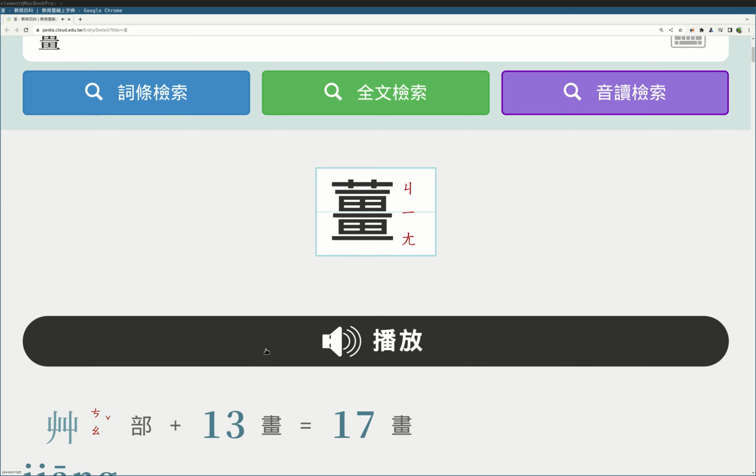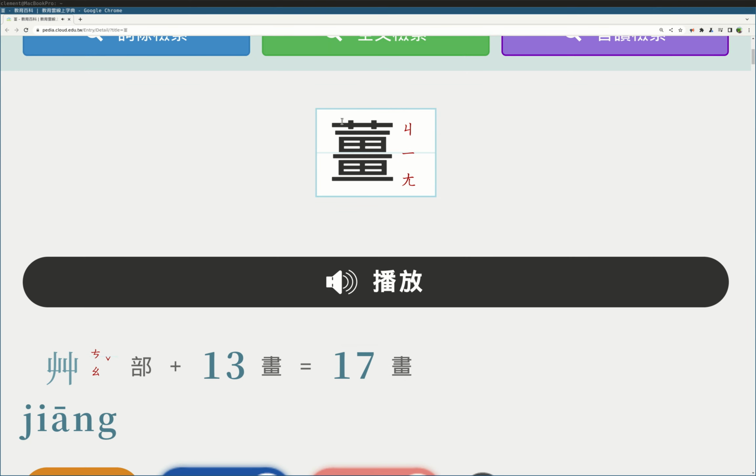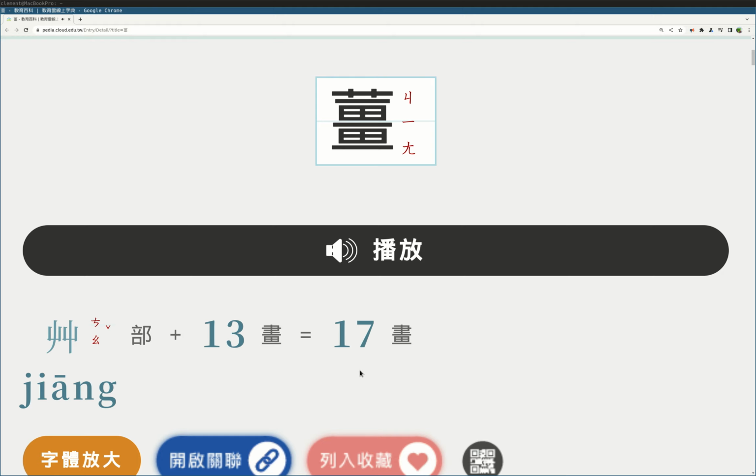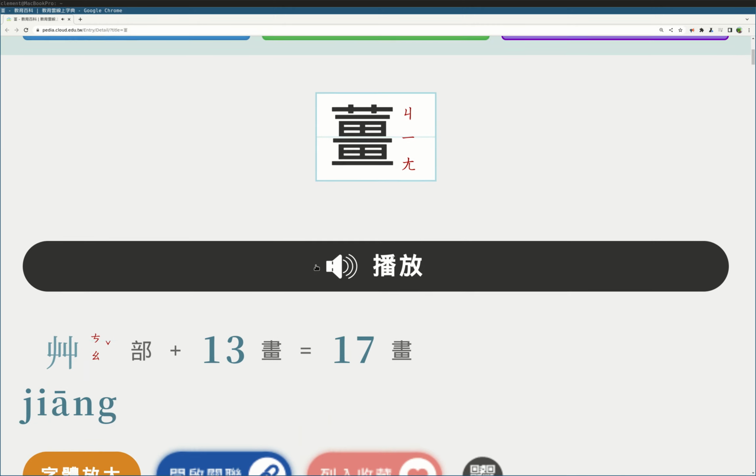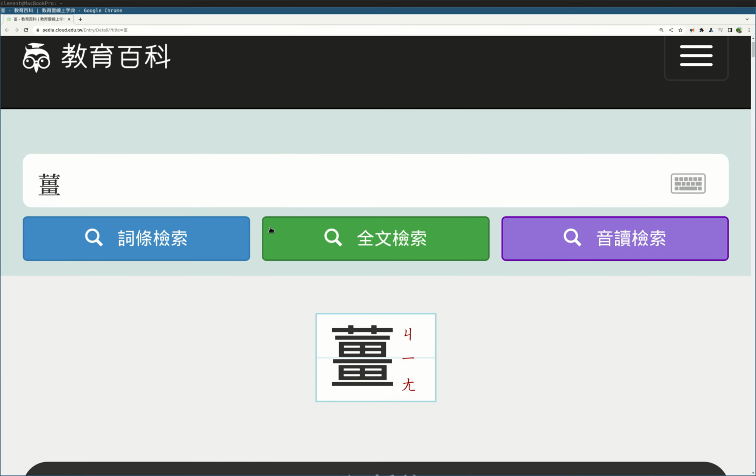Jiang, 草部, the grass radical, 13 strokes in the radical and 17 strokes in total, so very complicated in writing. Okay, that's it for this